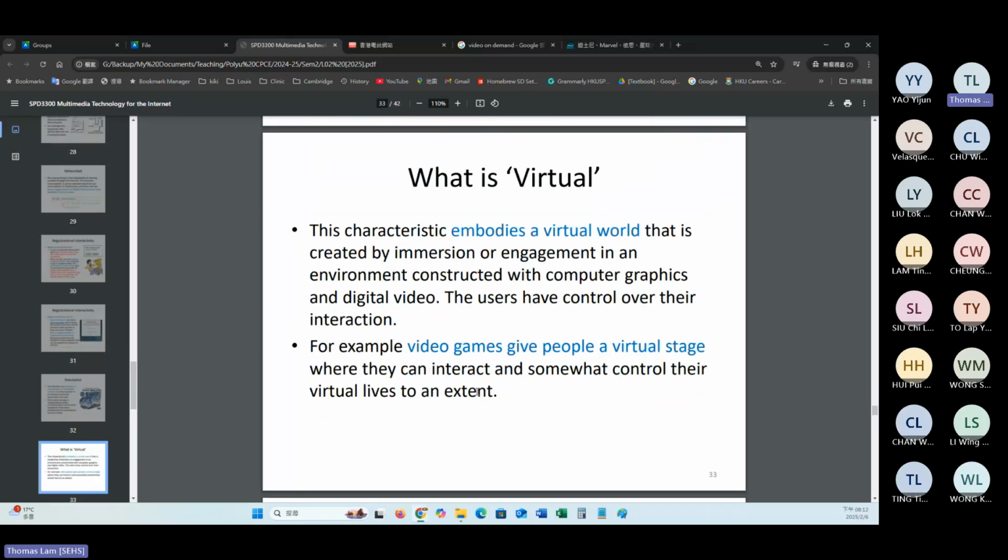So how about the virtual? I think this is a very important term for the past few years. When we play a game, we create a character, we create a player in a game so that we control the player or the character in the game. The game actually is a virtual world. In the past, the game is just an app in your phone, a game in your computer.